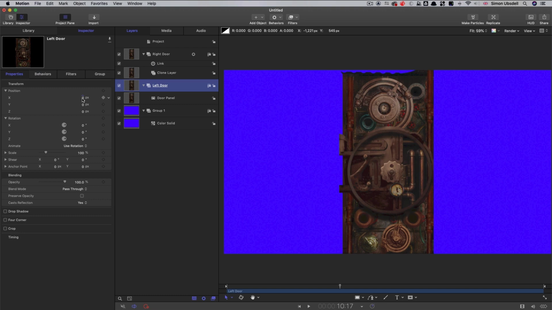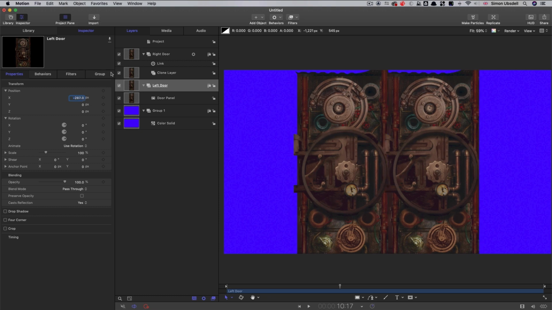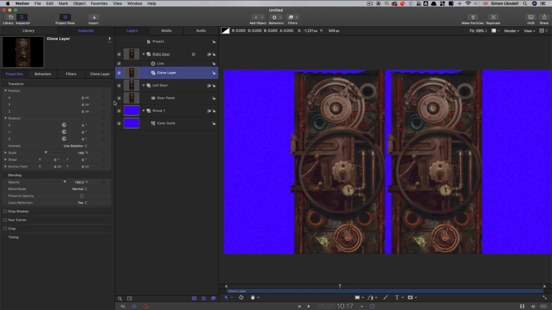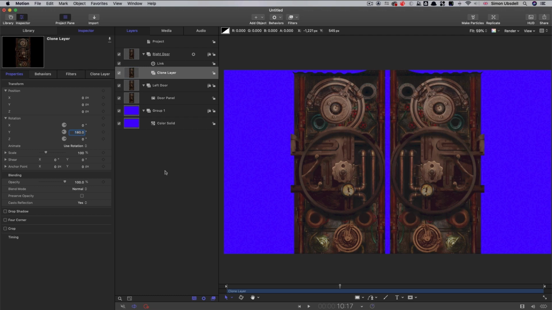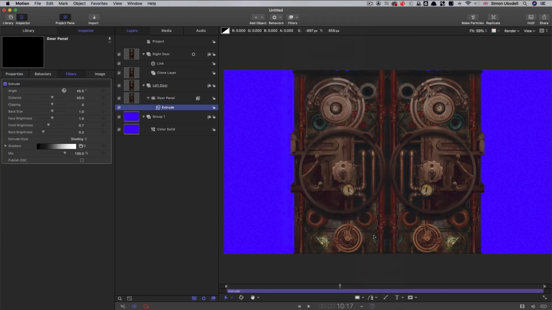And then I'm going to come back to left door and I'm going to set that X value to -285. And then what we need to do is come to this clone layer and we need to flop it. So let's rotate it through 180 on Y. Next, what I'm going to do is I'm going to select that door panel and I'm going to come to Stylize, Extrude. We'll have an angle of 0 and a distance of 30. And what that's just done is it's kind of given us an inner extrude on the edges of the door